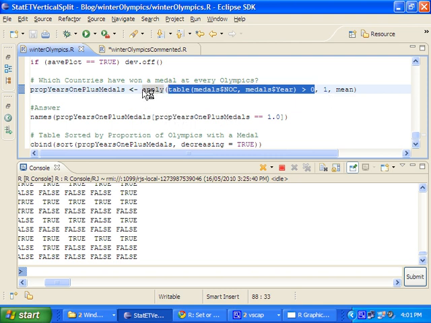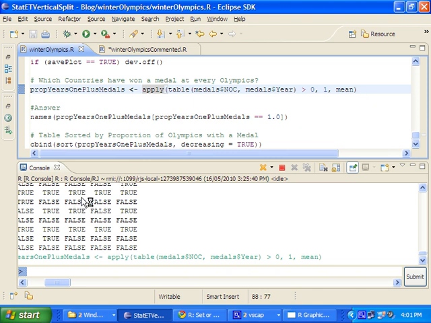And what we're doing here is, over this matrix, we're applying a function for each row, so 1 for rows, 2 for columns. And we're getting the mean. Now, what that's saying is true counts for 1, false for 0.